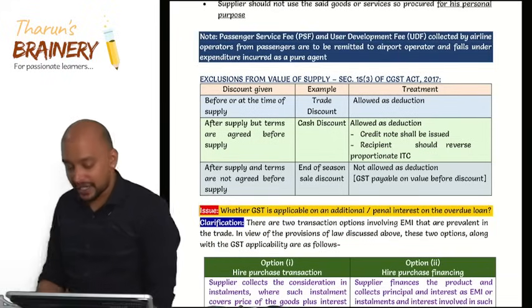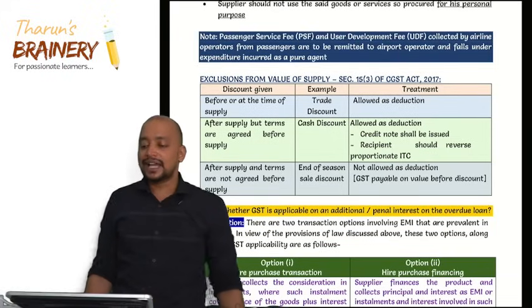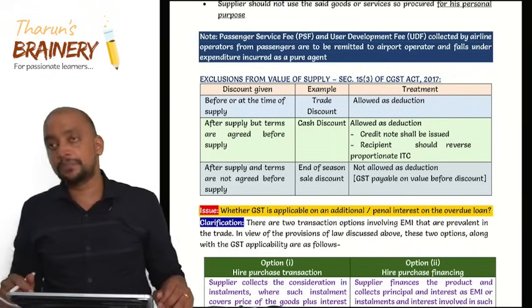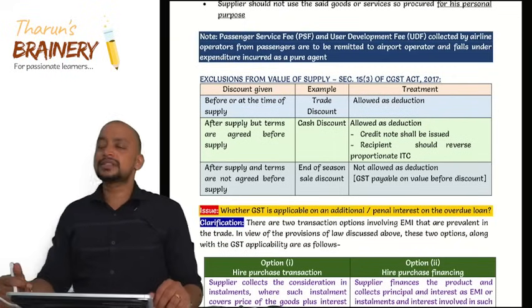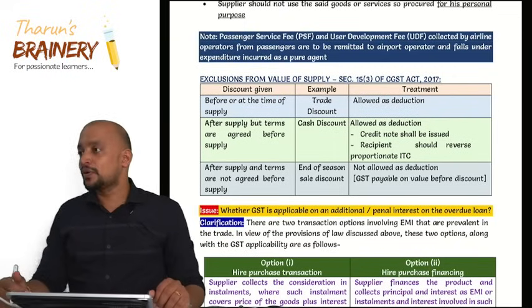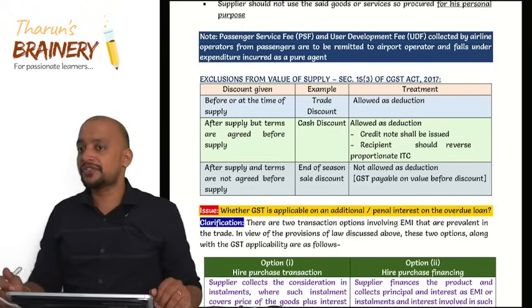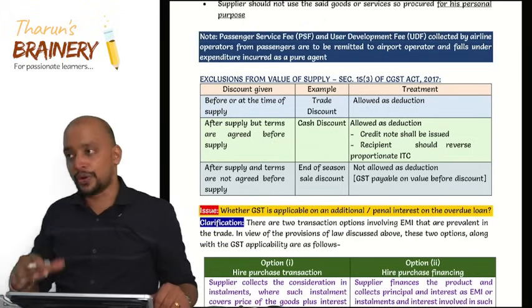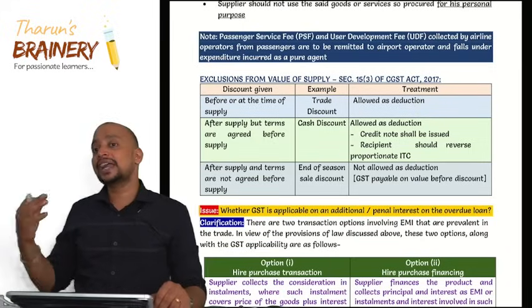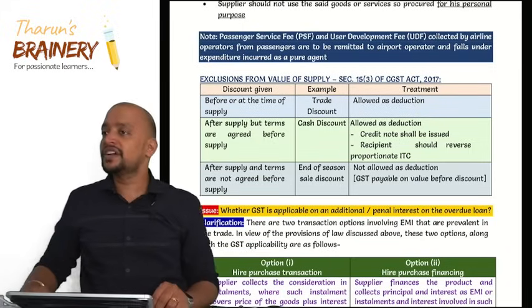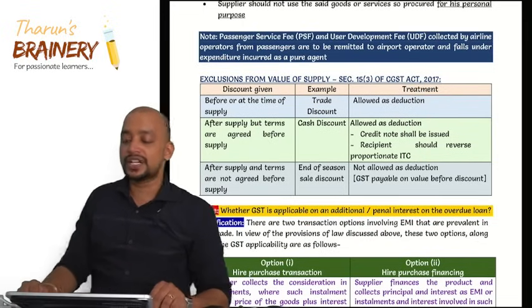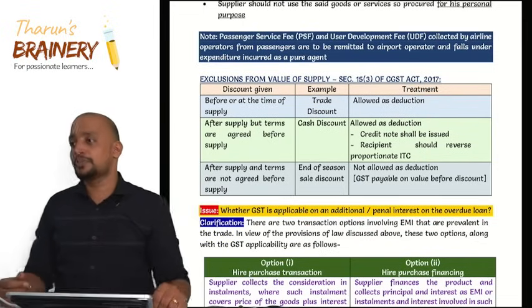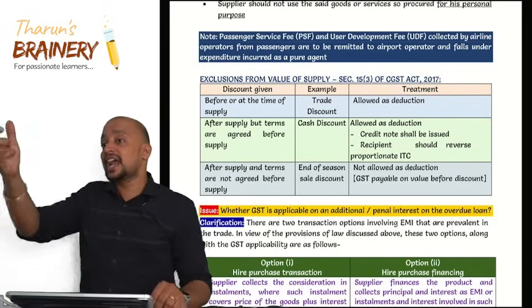Passenger service fee and user development fee collected by airline operators from passengers. Usually, airlines provide services by way of transportation of passengers, and they collect the ticket amount. Apart from the ticket amount, airlines will also collect UDF and PSF. UDF refers to user development fee, PSF refers to passenger service fee, and they will collect it and remit it